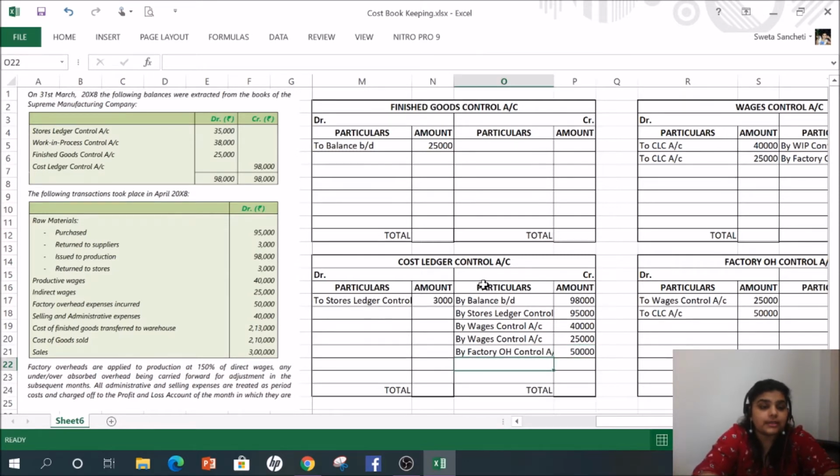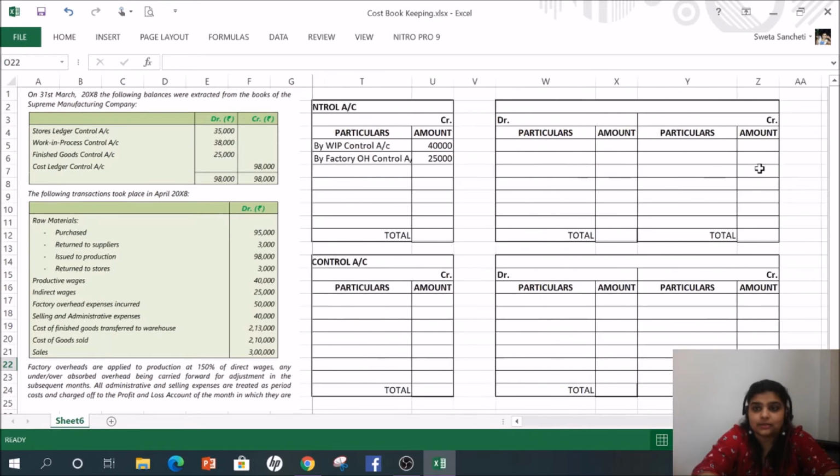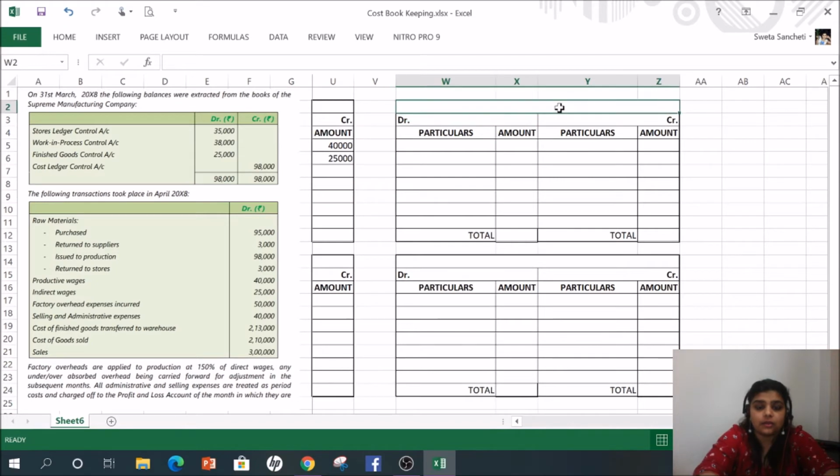Let's go ahead. Selling and admin expenses 45,000. Now selling and admin expenses they have given together, that means it is in the nature of selling expenses. Now we can create another account called selling and admin expenses control account. You can also avoid this account, I'll tell you why. Before that, since we have already created this account, there is an entry for 40,000 payment. So payment entry to CLC